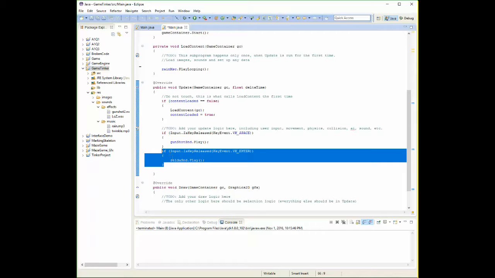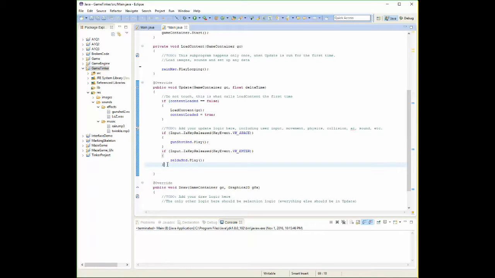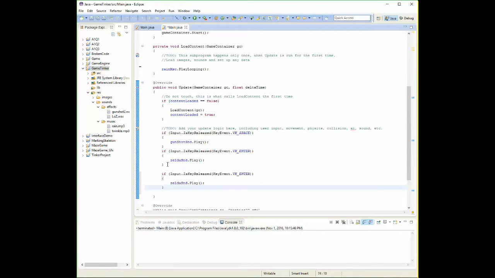I'm going to bind some keys. I'm going to bind the up arrow and the down arrow to change the volume. So instead of the enter key, I'm going to change this to the up key, and I'm going to change this one to the down key. And whenever I get up, I want to increase the volume. rainMSC.setVolume